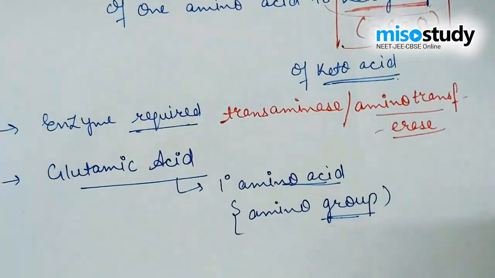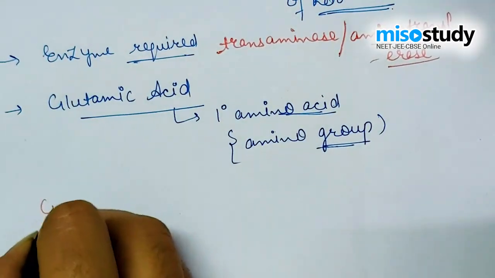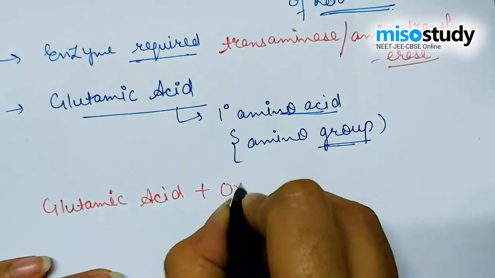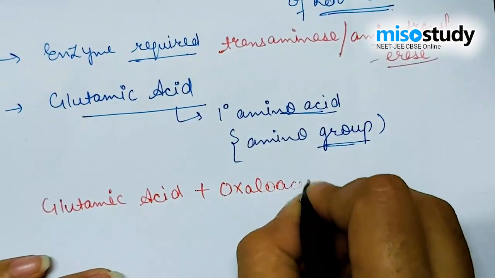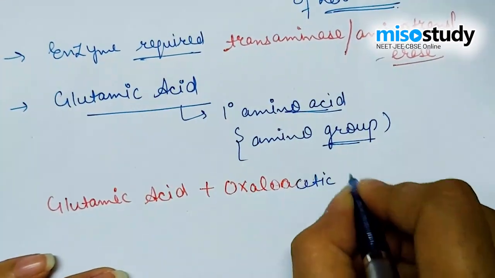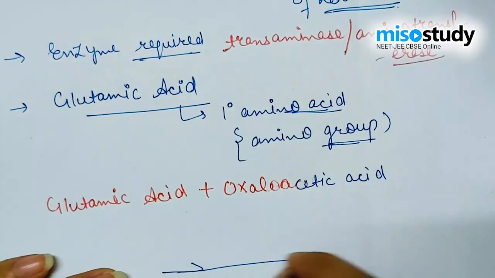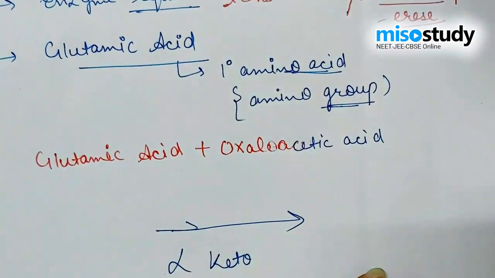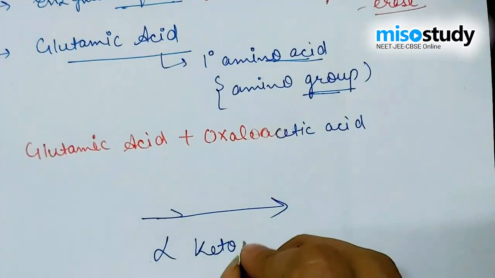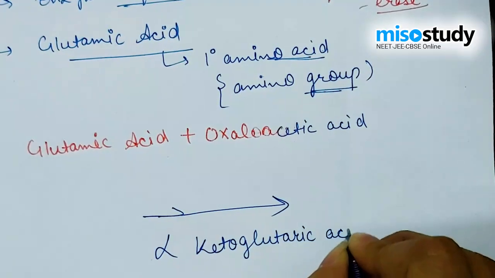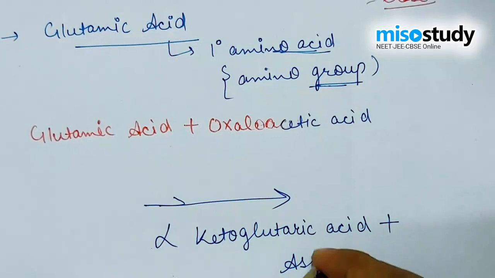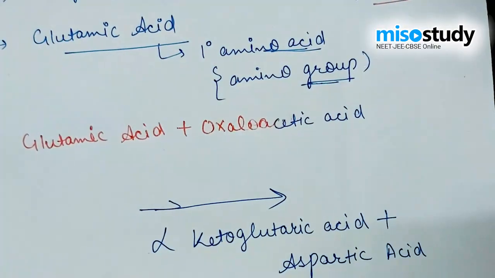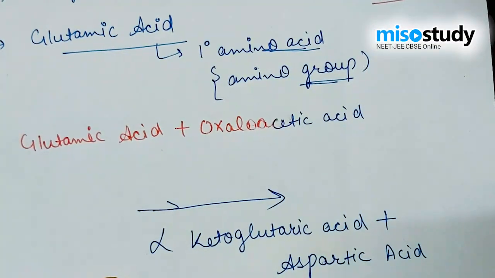The equation is written as: when glutamic acid along with oxaloacetic acid give rise to alpha ketoglutaric acid plus aspartic acid, and that reaction is completed due to the presence of the glutamate aspartate